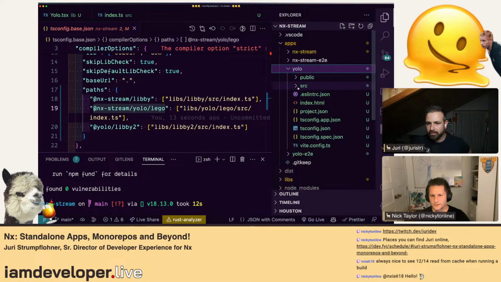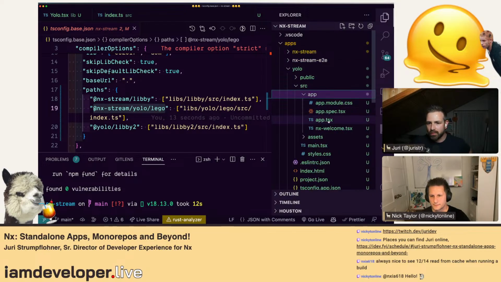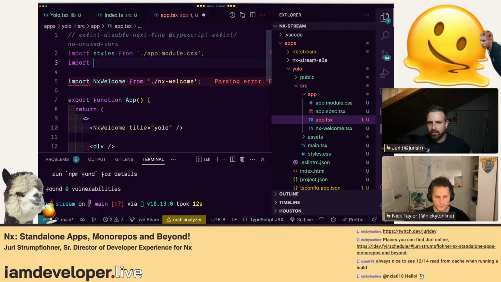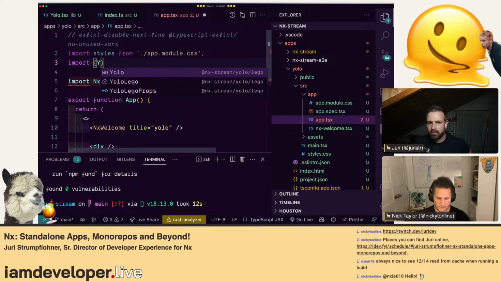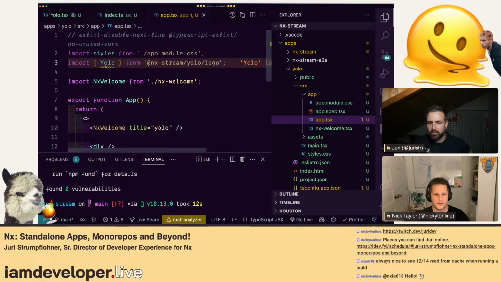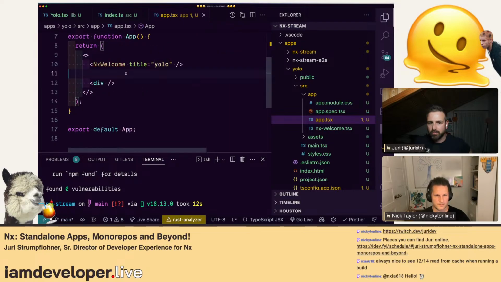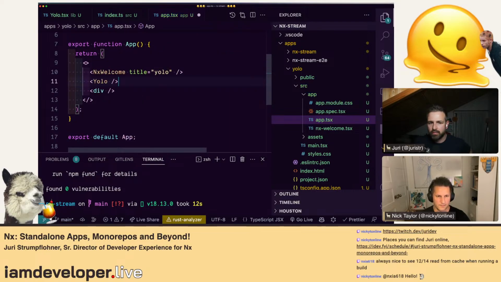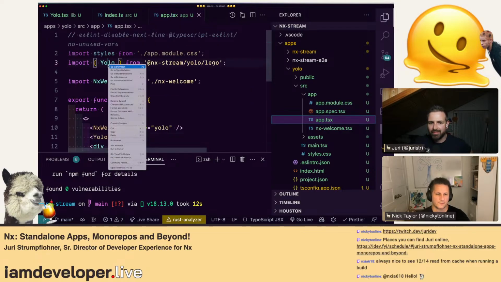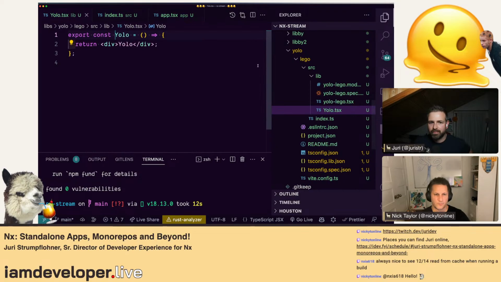Okay, yeah, gotcha. And then in here, let's just do the import. Thank you, Copilot. Okay, so that's nice. And if I go to definition, it should respect it. That's cool.